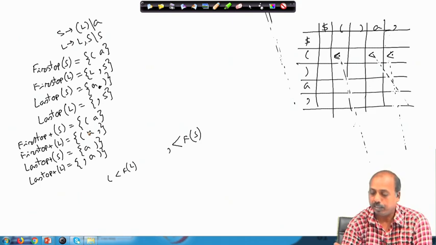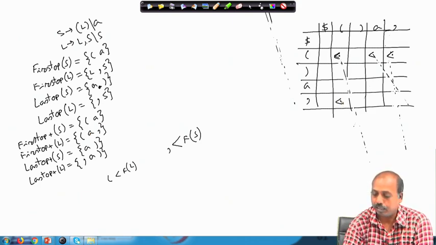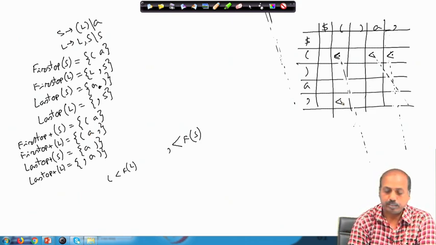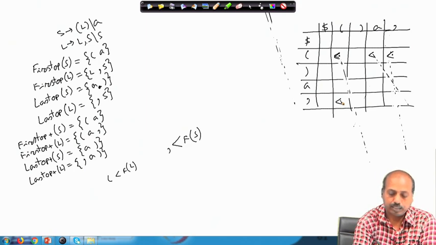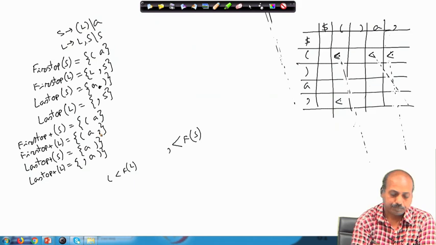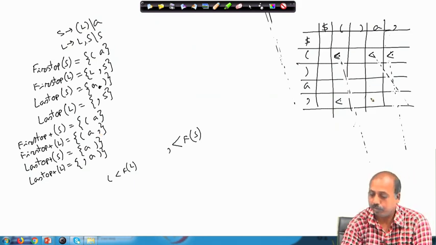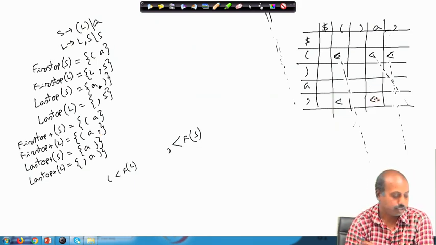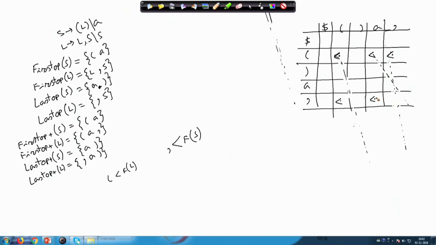So, comma should be less than open parenthesis, and comma should be less than a. This way I can do this.